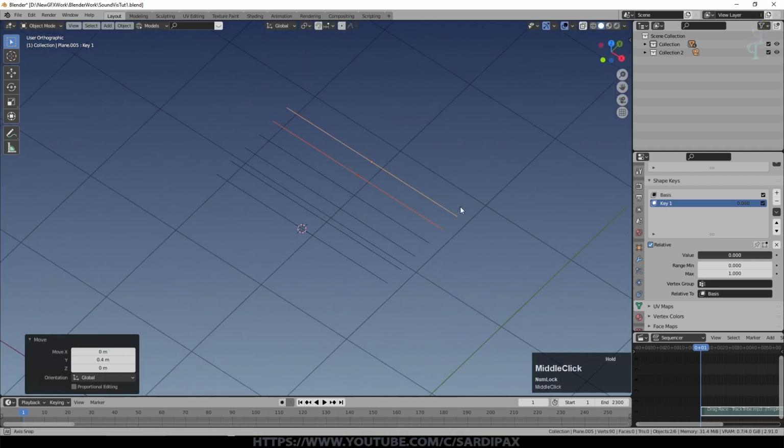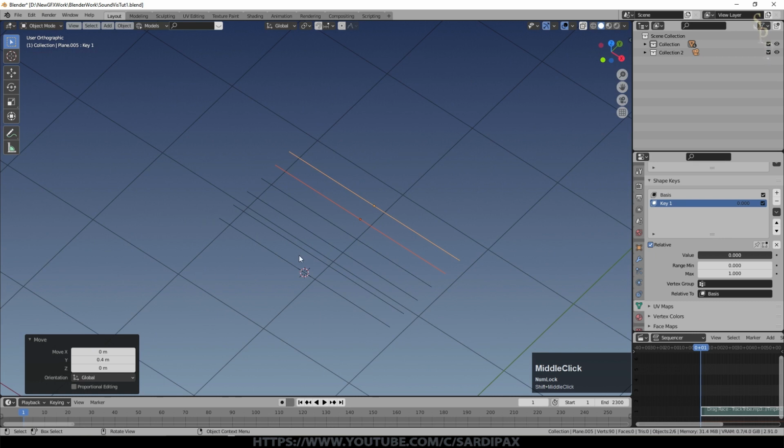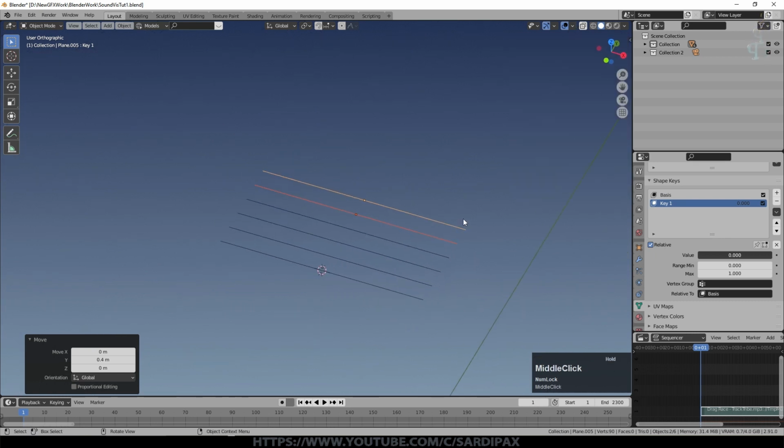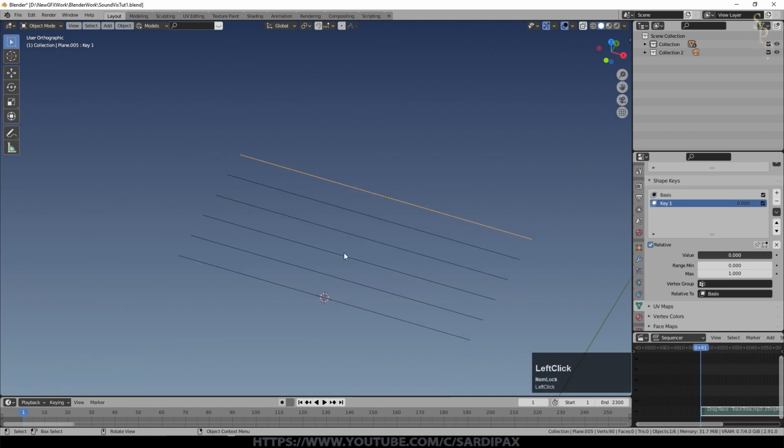So you can do as many as you want, but you are going to have to do an individual action for each of these. I'm just going to turn off floor, and then we can see things a bit better. So I've got 6 individually keyframed lines here, but each of them says key 1 as their key. So move to the second line and just change the name of key 1 to key 2, and so on.